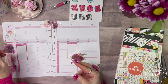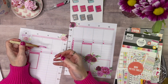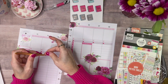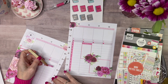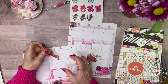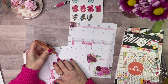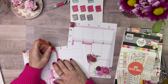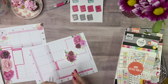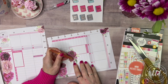Okay, so I grabbed a few quotes. I am going to get these in. Oops. Now I have too many on my hands. Let's do that. And then for this one, I want to put that here. I think it'll fit. Now, I had intended to use